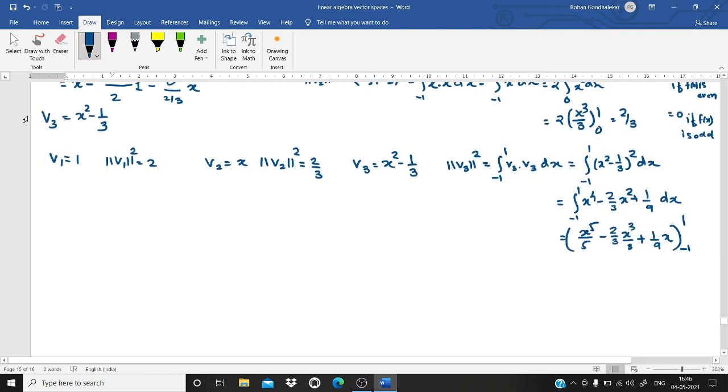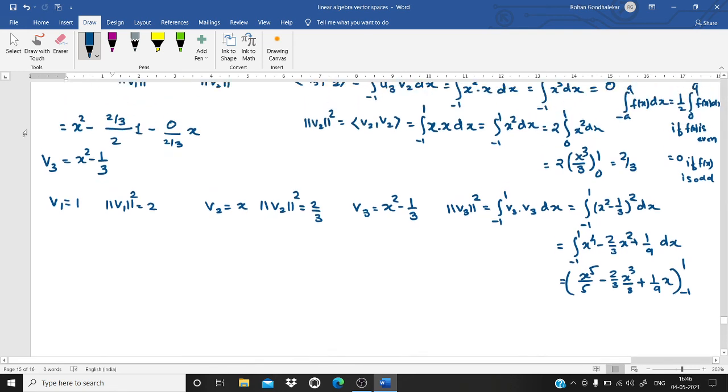So after simplifying them, for our calculation to be simple, I'll apply the same definite integration property, which gives me 2 times integration from 0 to 1 x square minus 1 by 3 dx. Why? Because x square is a term involved here, which is an even function. So we write here 0 to 1. Now our calculation becomes much simpler.